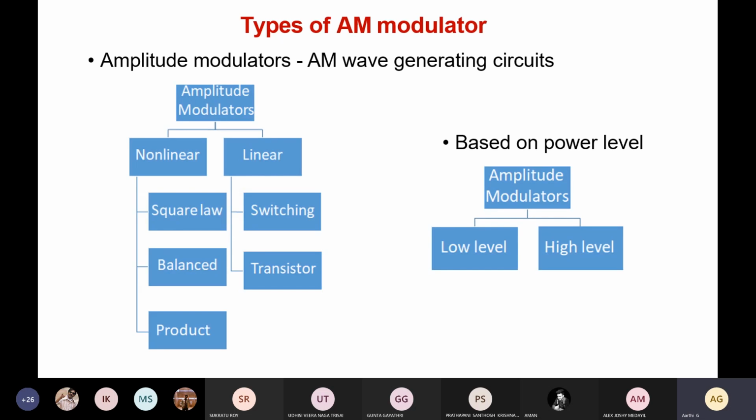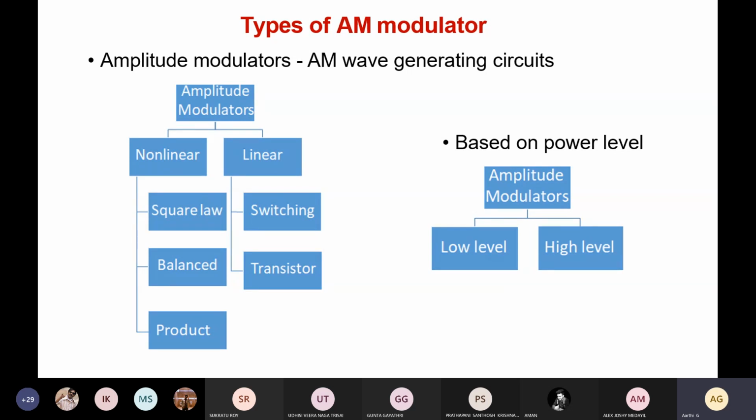So basically, we are going to classify the amplitude modulator types based on how it is generated. Here we have classified first into linear and nonlinear type. This is based on the operating range, between the input and the output characteristics. Let's say if the device is operated in the linear range, the input output characteristics of the device are linear. And if it is operated in the nonlinear range, the device is made to work in its nonlinear operating